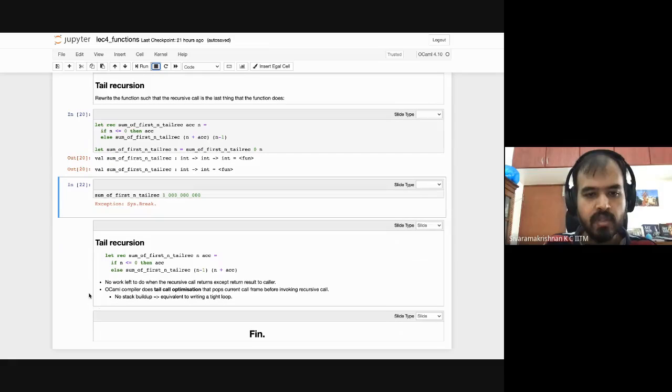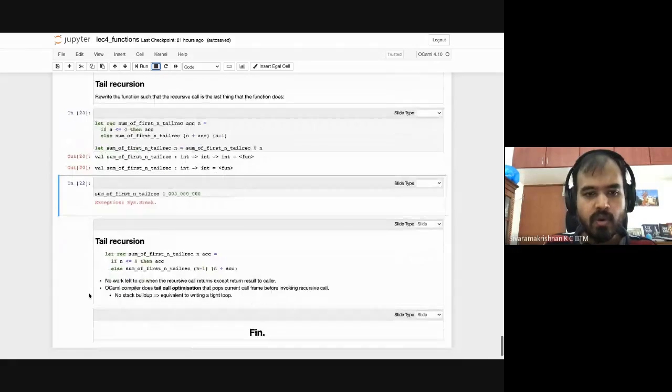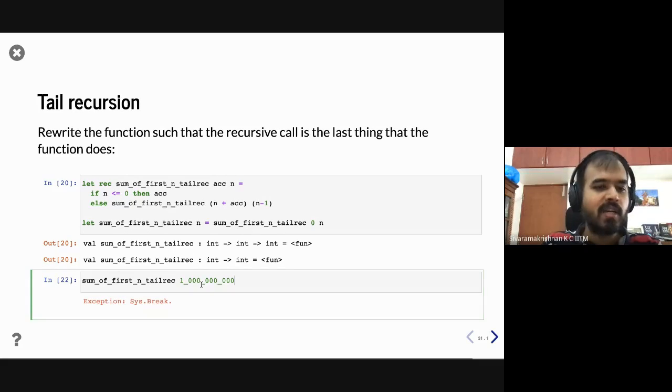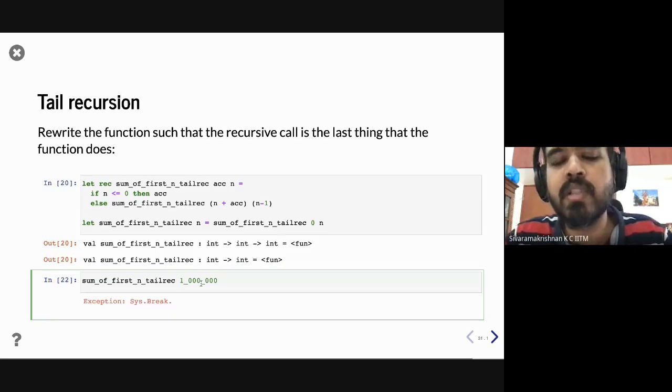Okay, so I think that is what I had for this lecture. Any questions on this? It may take you a little bit of time to catch it, or you might just get it on the first go. But this is sort of the natural way of programming recursive functions in OCaml.